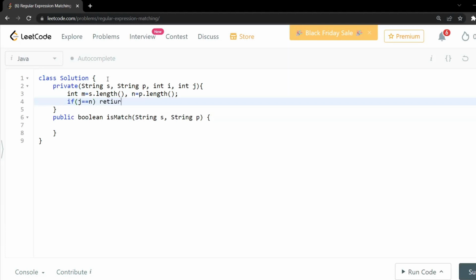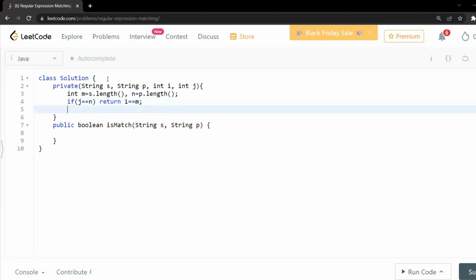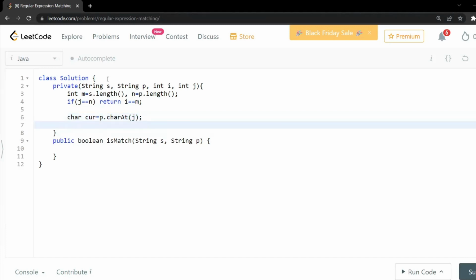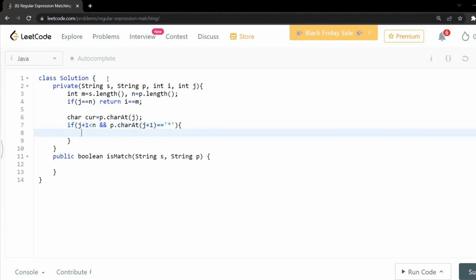If j equal to n, then we will be returning whether I is equal to m or not. Okay, now after that we have to check the current character, cur equal to p dot char at j. Okay, so the case where next character is a star, so for that we will be checking j plus 1 should be lesser than n and p dot char at j plus 1 equal to star, and the else case